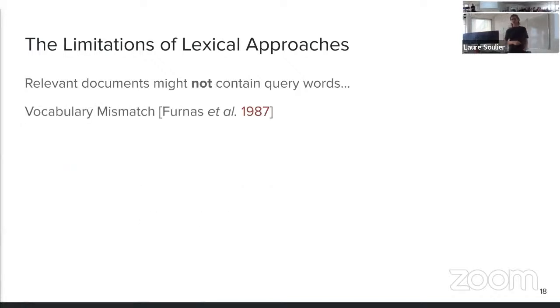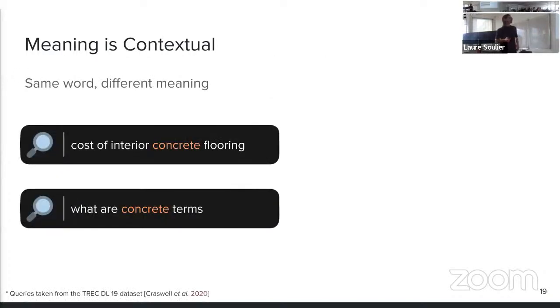This issue of the mismatch between the words in queries and documents is known as the vocabulary mismatch, and is maybe the biggest issue faced by lexical approaches. But there are other reasons. If we look at these two queries, still from the same dataset, we see that the same word appears in different contexts and has different meanings. This type of issue is really hard to deal with for lexical approaches.